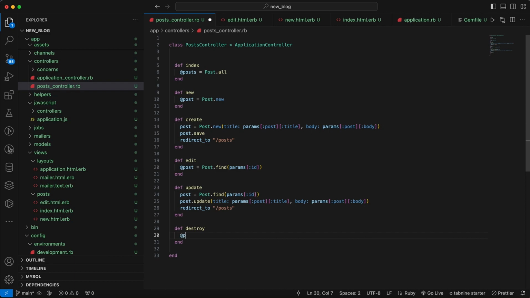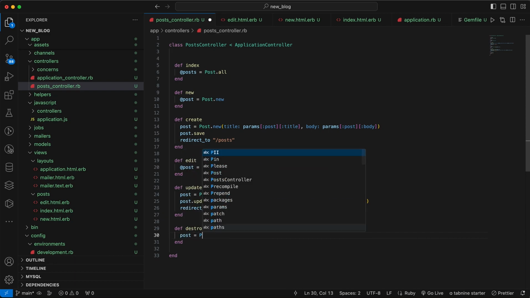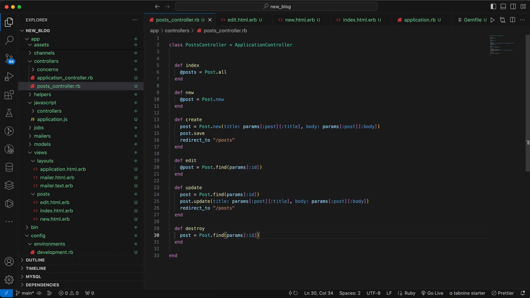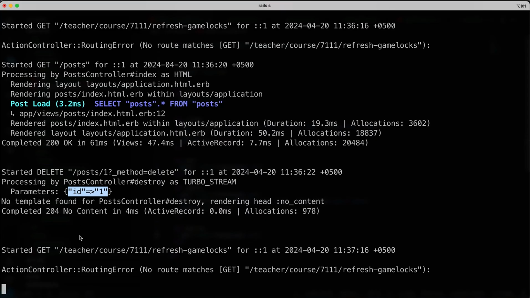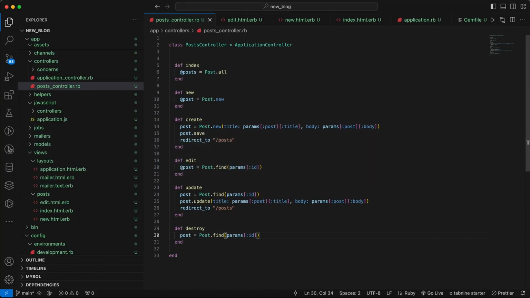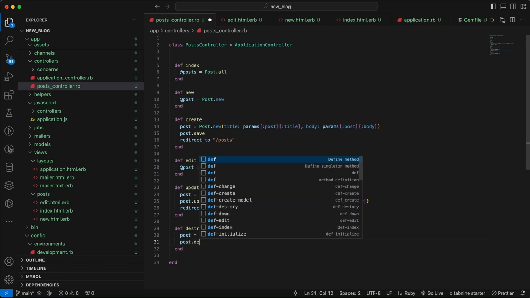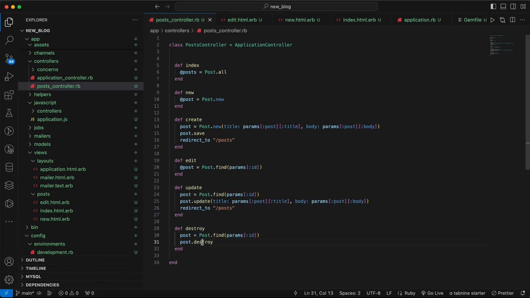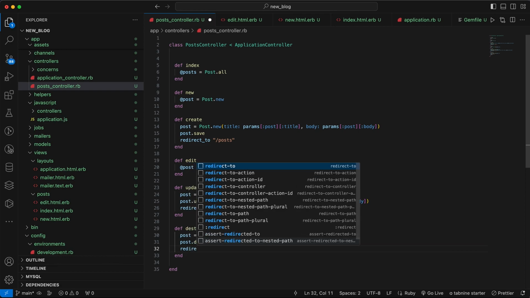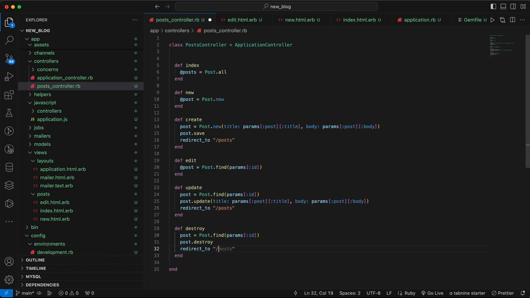So let's find the post, Post.find, and how can we find it? We can find it by params ID, right? And what we can do is post.destroy. So when we run this destroy, it will trigger a delete query in the database, and delete that post from the database. So after the post is deleted, we can redirect the user to /posts,